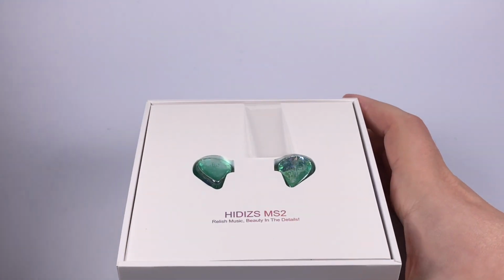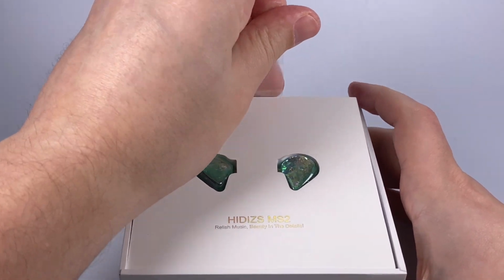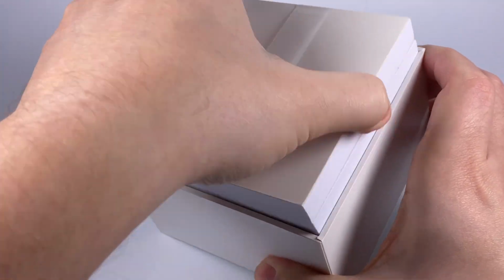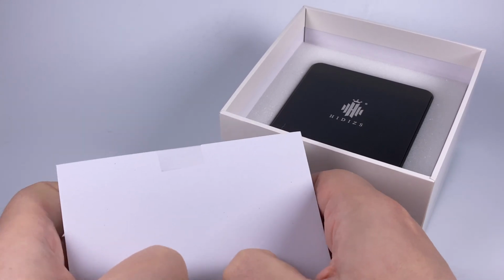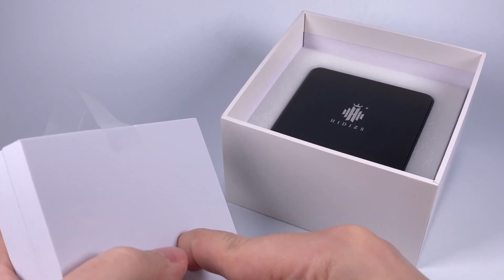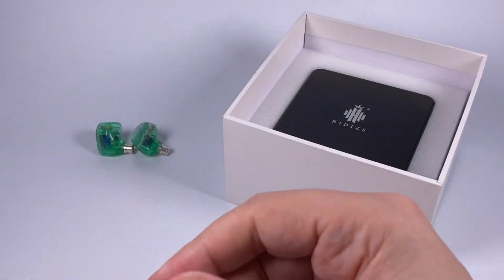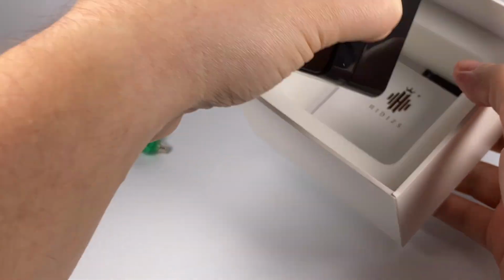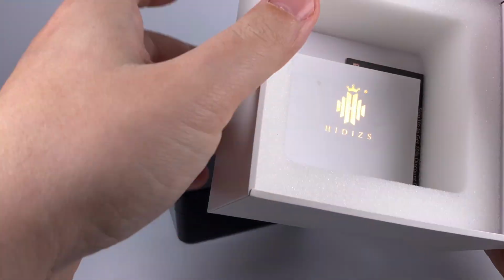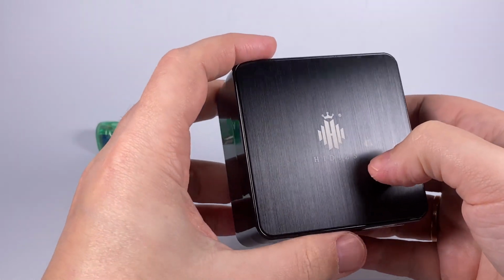The box opens this way, and here we're getting the earphones themselves, if we manage to pull them out. And underneath, a pretty fancy box. Also there is a manual and a kind of warranty card, not that interesting. A nice fancy plastic box with